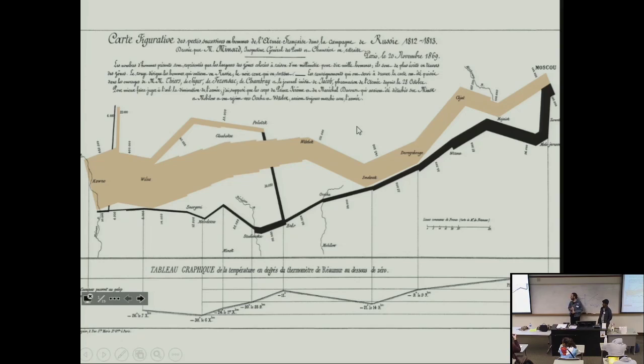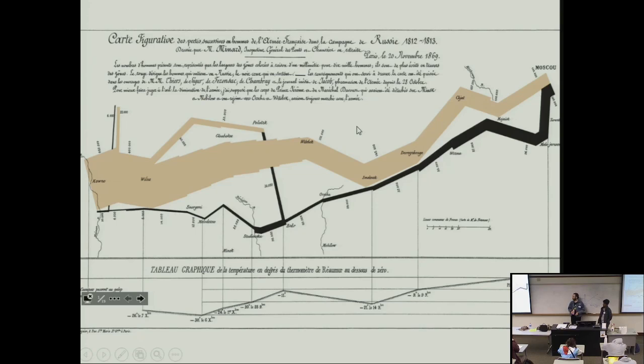Napoleon decides to march on Moscow and try to conquer Russia, which you should never do. If you're ever in charge of anything, never try to conquer Moscow, especially in winter. This shows, starting from Kovno, Poland, marching to Moscow, starting with an army of 420,000 people. War, attrition, starvation, and disease take Napoleon's army from about 400,000 people down to about 100,000